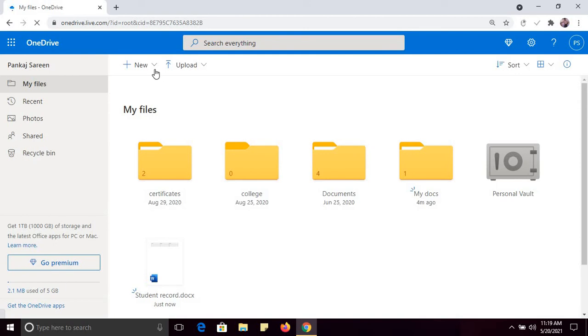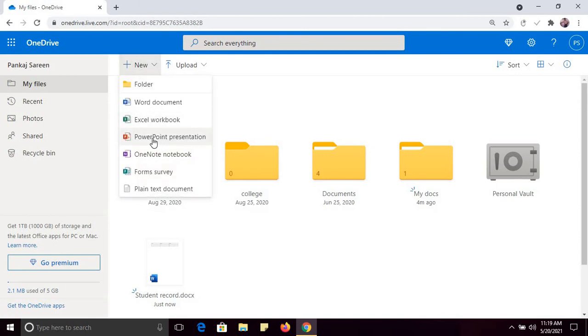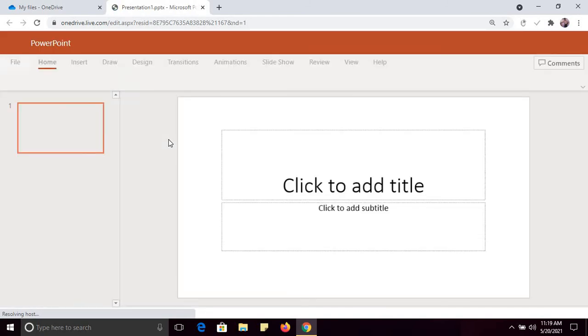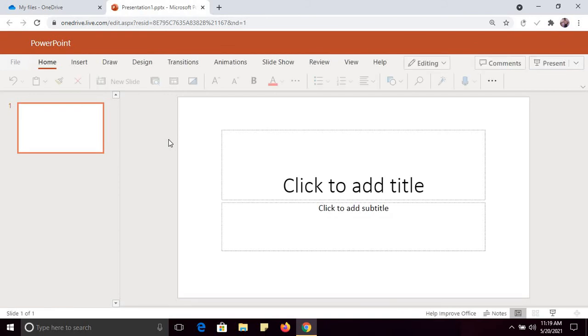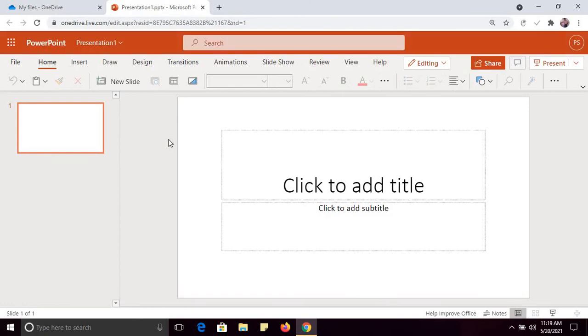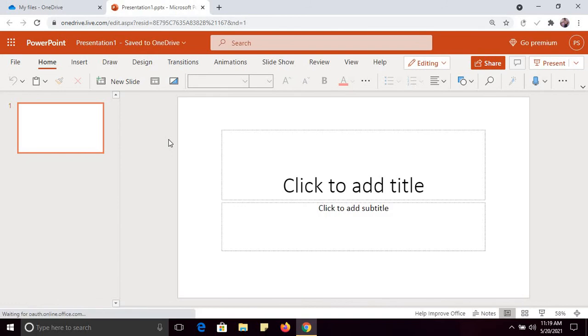If you want to create a new PowerPoint, you can, and you can use all the latest features of Microsoft PowerPoint. And this is very important. You are able to use all the features of Microsoft Office without installing Microsoft Office in your system.